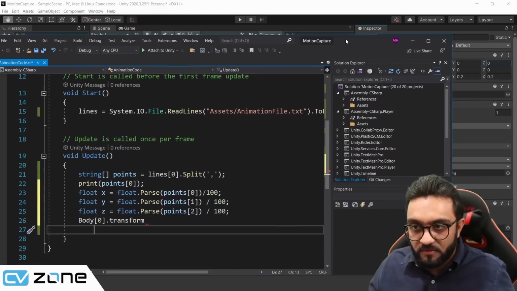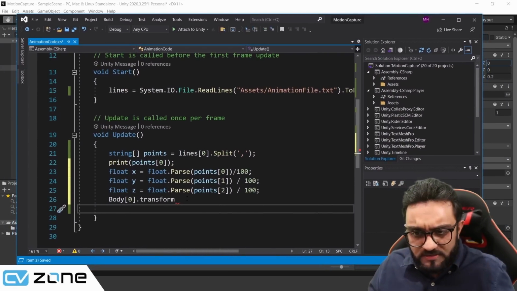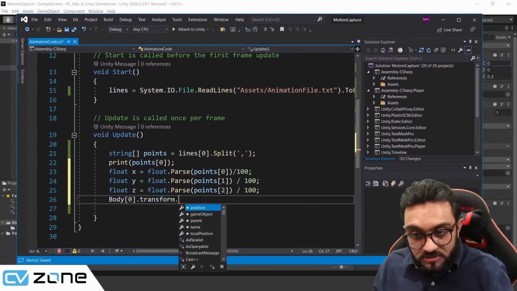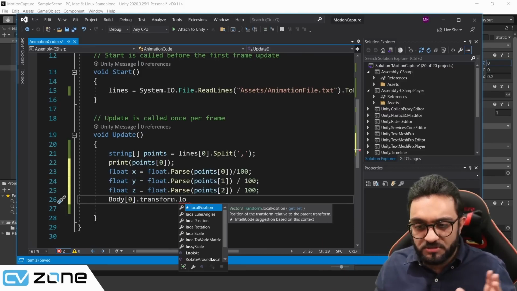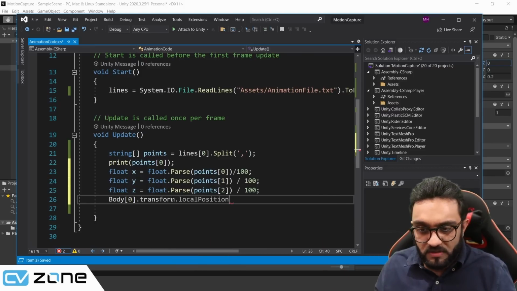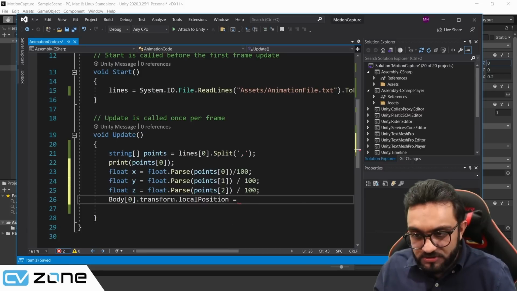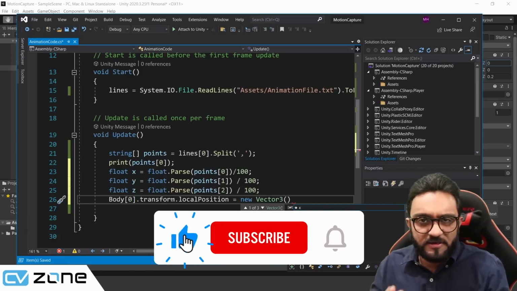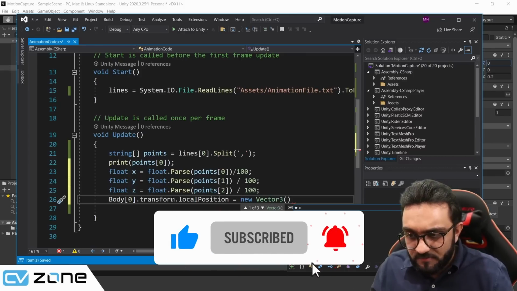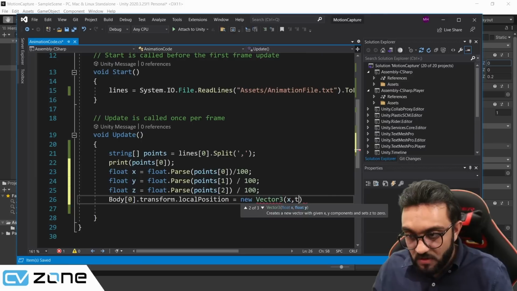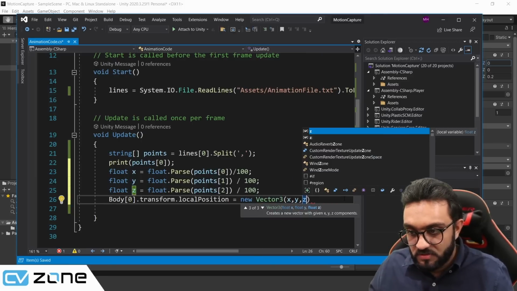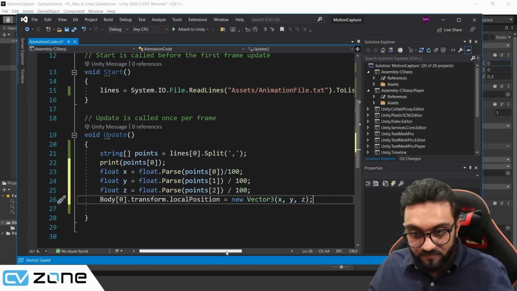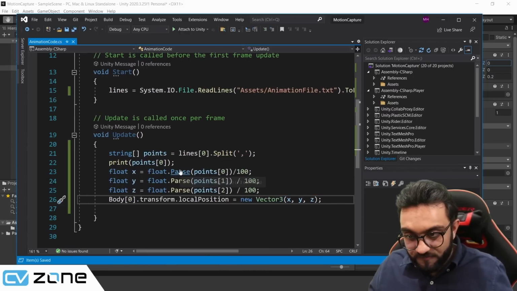So we will go back here and we are going to write dot transform dot local position. So if you write position, it will be global position, but right now we need the local position. So we will write local position equals new Vector3, and then instead of writing dot x and y and z, we can simply write the first value as x, y, and z. So that's how we can give in our value. So if we save this,